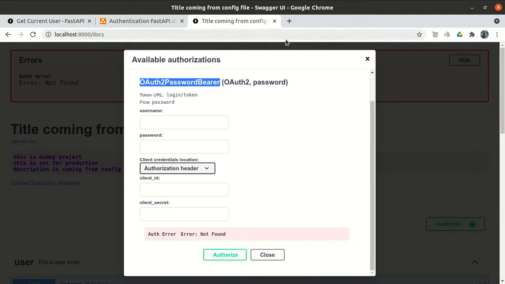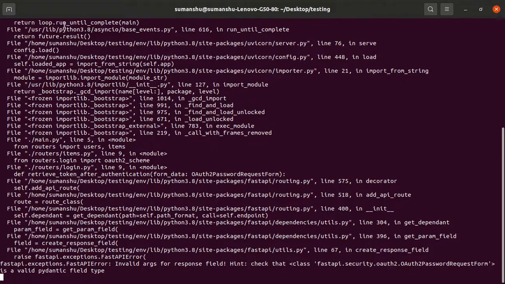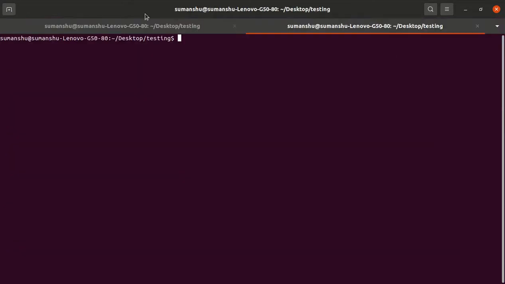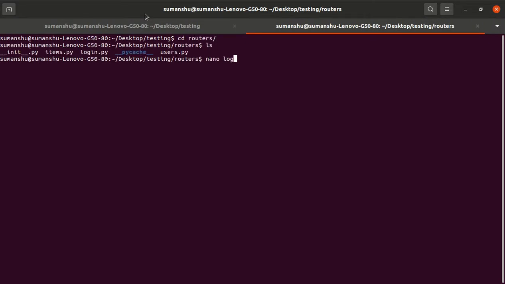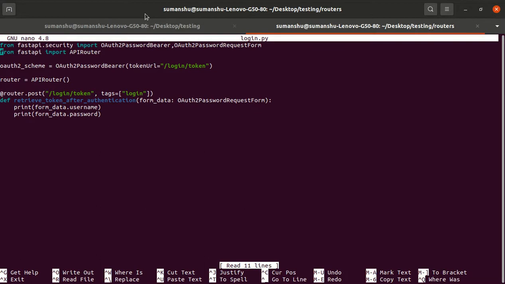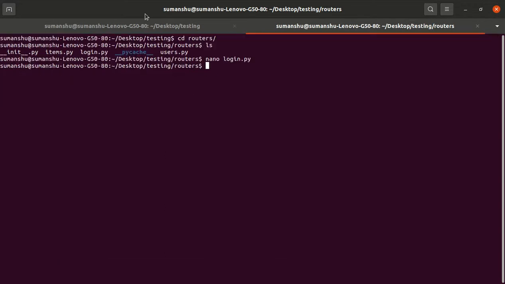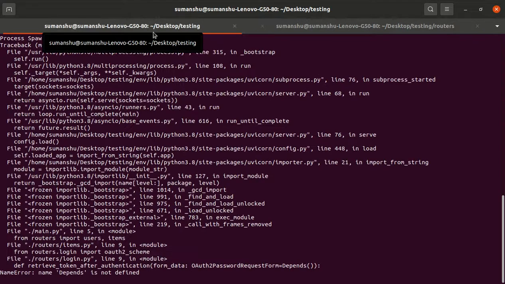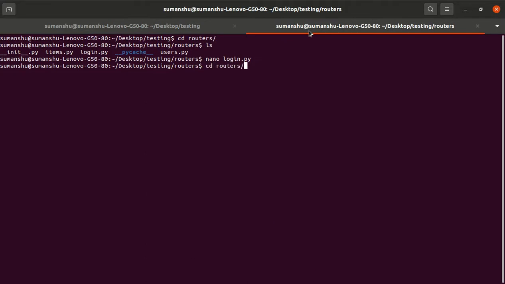Did I put something wrong? Let me open another tab. cd routers, ls, nano login. OAuth2 password request form, password form request, password. I think it is correct. Okay, so it is a password request form, and is it now fine? Depends.